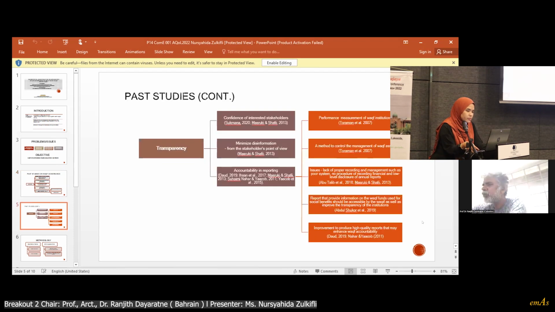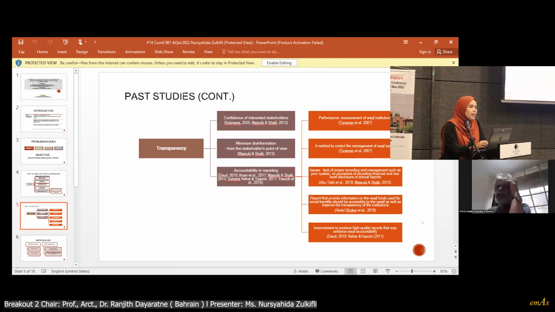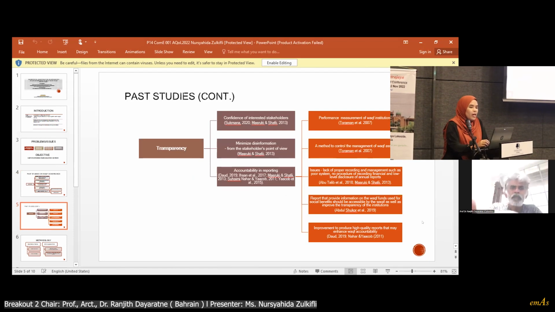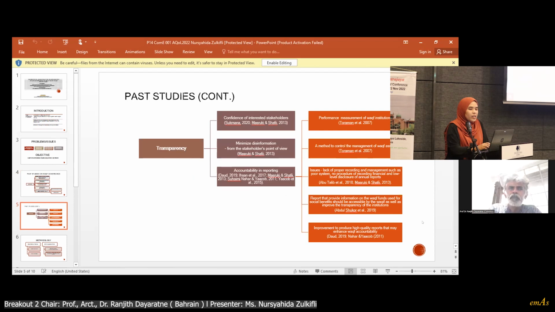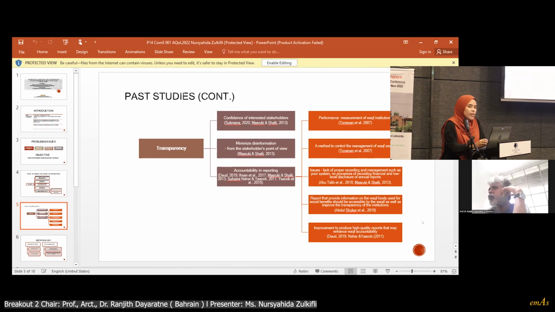the goal. Okay, in terms of transparency, the wakaf institution needs to be transparent in governing or managing their wakaf properties. It is to improve the confidence of interested stakeholders, because we want to attract stakeholders to contribute to the wakaf, and also to minimize disinformation. The other one in terms of transparency is in terms of reporting. So in terms of reporting, there are several